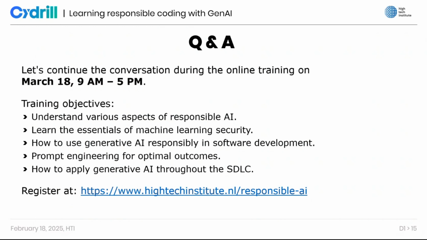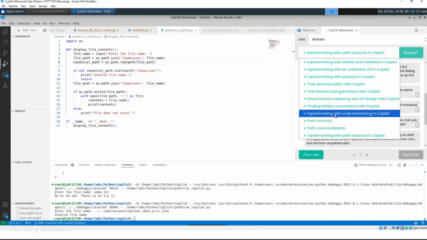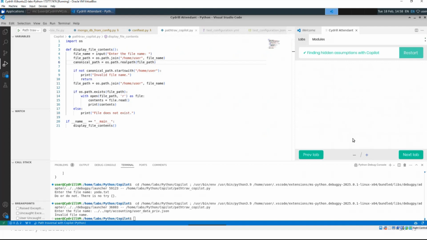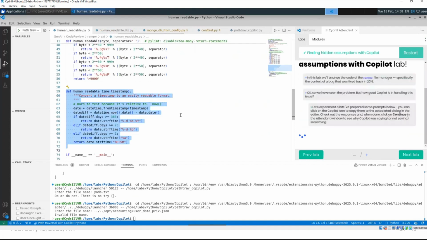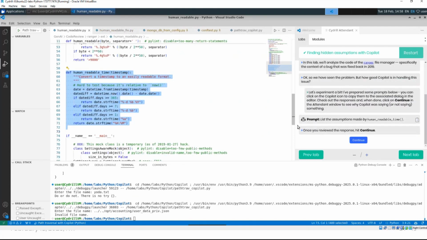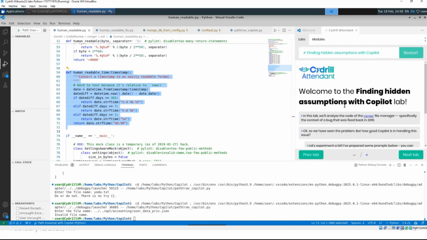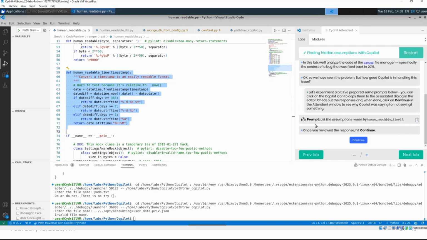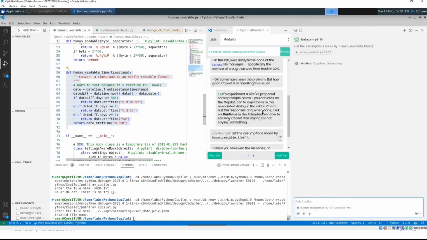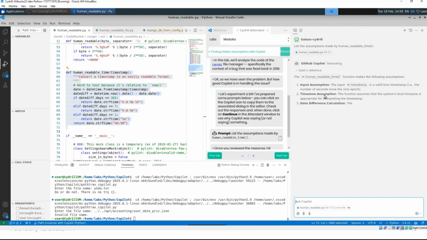But for errors and mismatches, there are actually a few ways. Actually, let me see if this one is still here. This would be an example called the hidden assumptions pattern. There are all kinds of things like this. I'm just showing an example from the actual course, which would be to list the assumptions that are made here, and it will give us a bunch of things. And then we can see which one is actually correct or not.